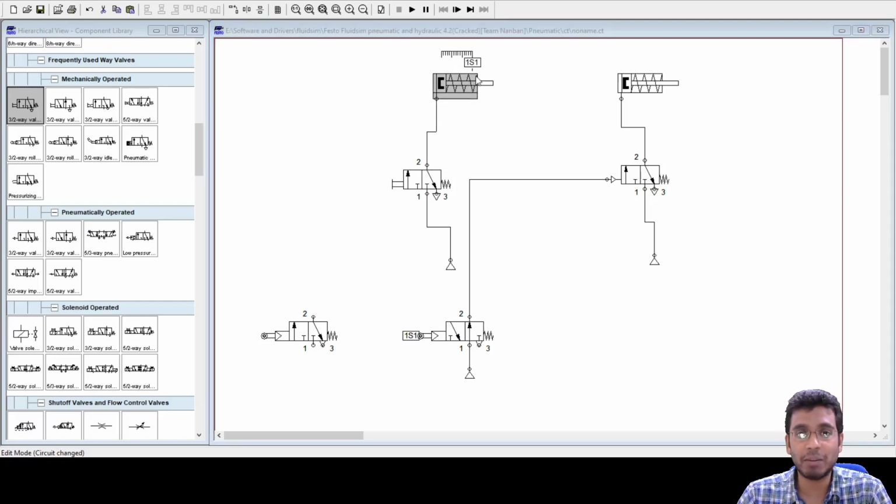When you double click on the cylinder, if you have this software, just double click on the cylinder. Now you can see there are so many tabs on the top: configuration, parameters, external load, force profile, and actuating labels. Can you see these? No, we can't see that while you are doing that. If you open your own screen in the software, you must be able to see the actuating labels tab. Can you see that tab?